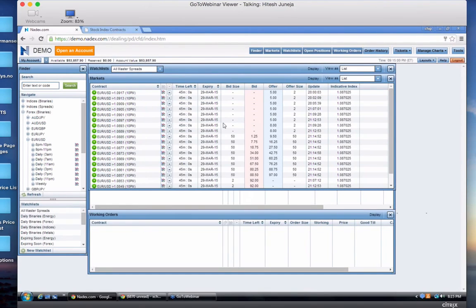Okay. The indicative index number is really just telling you where the market is right now. So the further away it is from your estimation, from your prediction, the lower you will pay for it, right? Because that's how much more unlikely it is. And that's all it is. That's all that's really happening over here. So right now the indicative index section is telling you this is the current market price for Euro USD. And then you are saying, I predict that Euro USD will be above 1.0877 or 1.0889 and so on. And you will notice that the further away you move from it, the more unlikely it becomes.